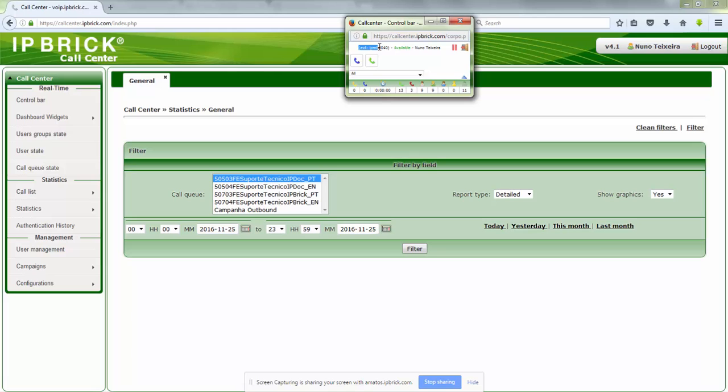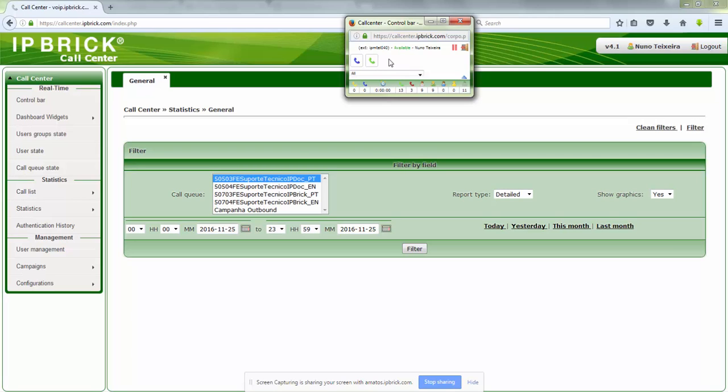Now I am logged in on this phone, and right now I can start to interact with the phone. For example, I can start a call from here. If I press this, I will only have to insert the number I want to dial, and the call will be made. If I was on a call,